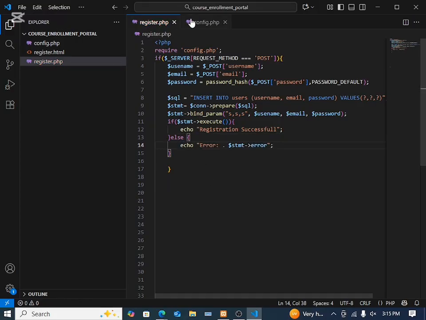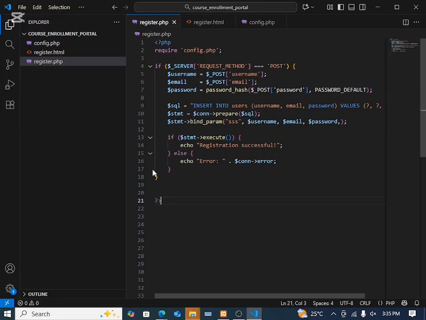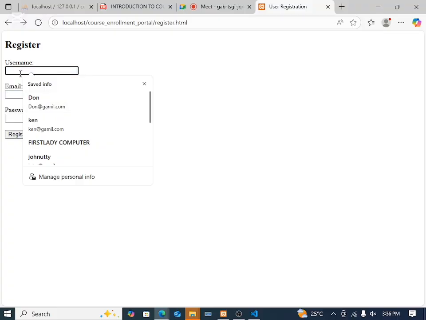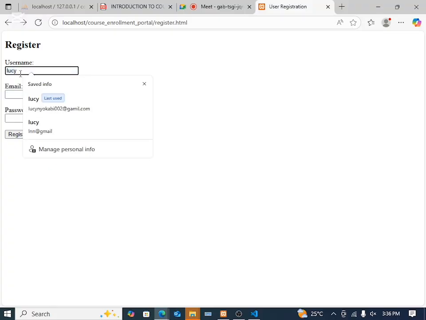So we have our 3 files. Let us now check if the user can register using the HTML file. The HTML form sends data to register.php, and register.php sends the data to our database. So after having our 3 files, now we go and try to register, then check if the data will be stored in our database. So I will put username, Lucy